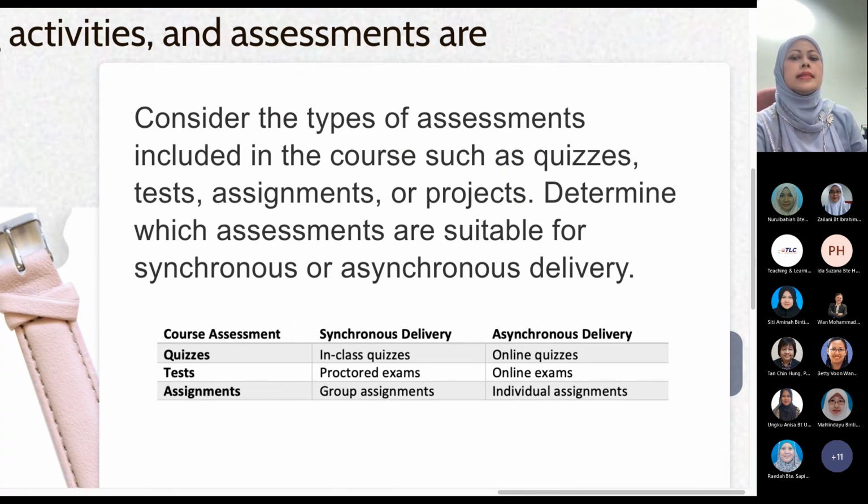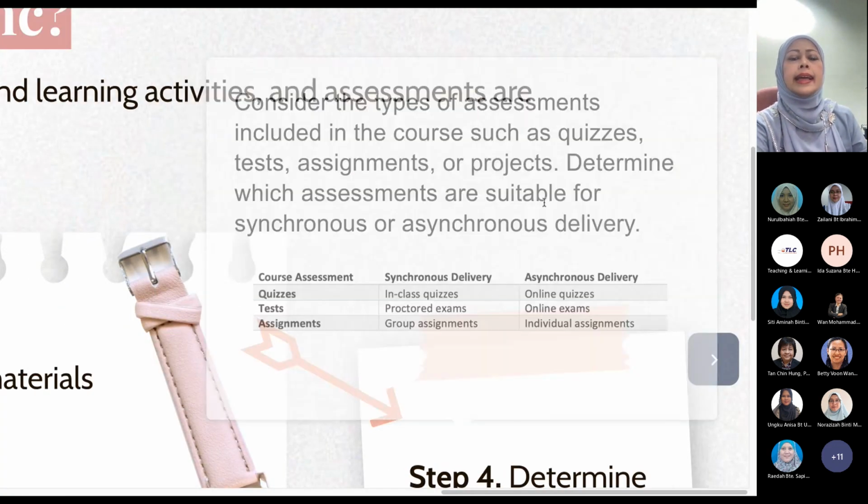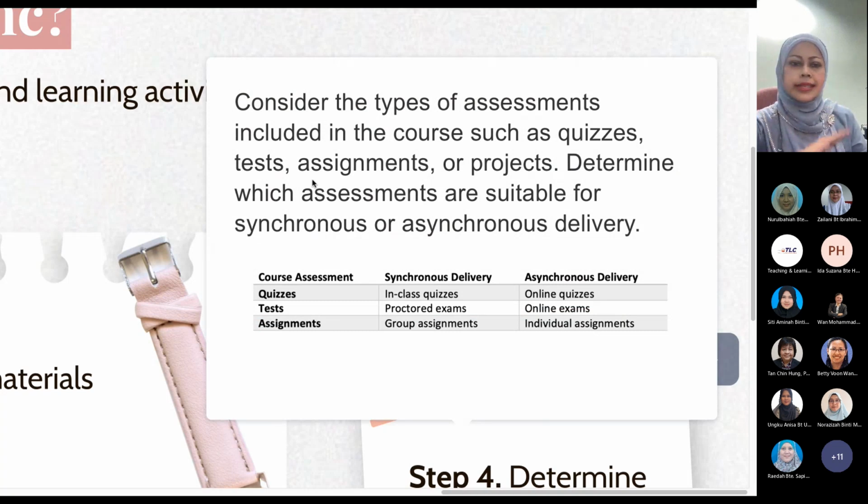For the quizzes, an amount of time to prepare. And for the test, just add a few hours. Assignments, stretch it across the week so that they have ample time to understand the concept or theory behind there, or let them have some time to discuss with their friends and let them realize their mistakes, okay, during that time. So it is somehow the learning process that is going to be considered when it comes to online